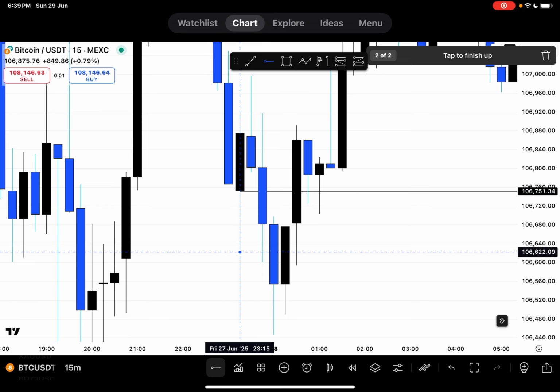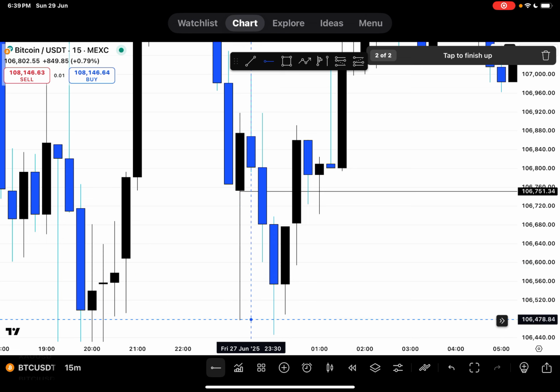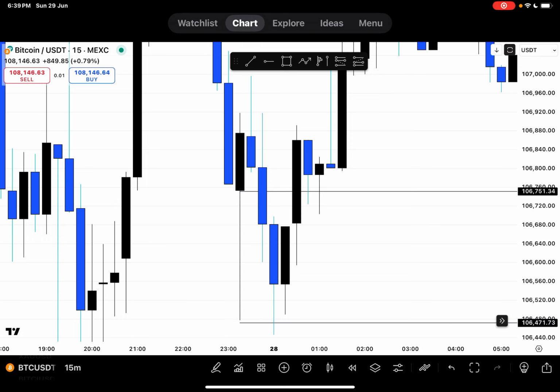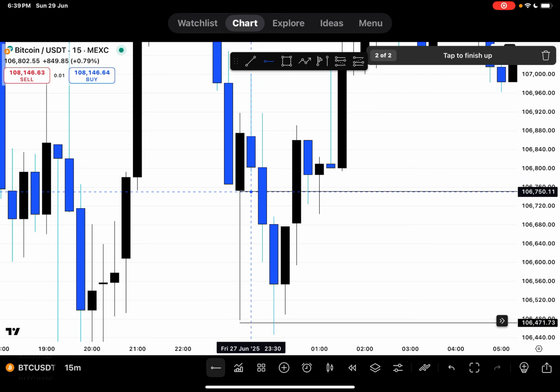The sellers pushed it till here, but they could not sustain this level. Then the buyers pushed it back up, and we created the low of this candlestick. And then finally we went